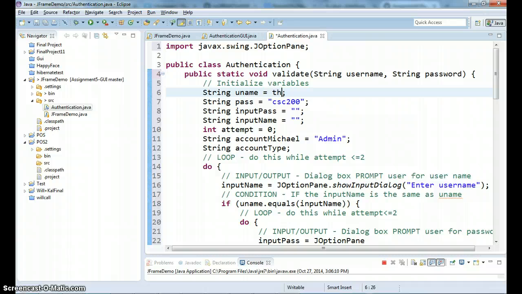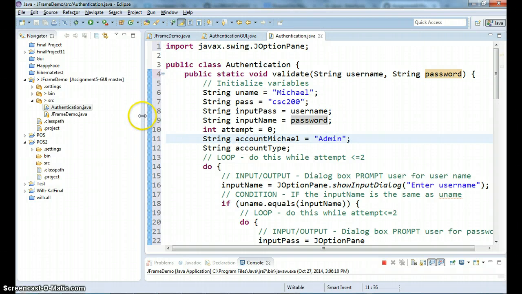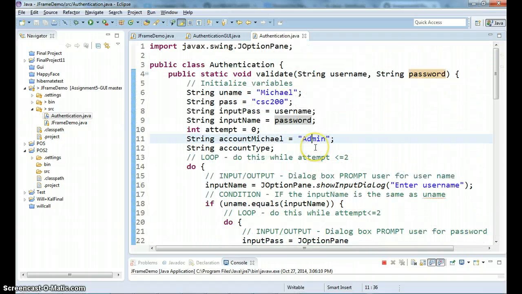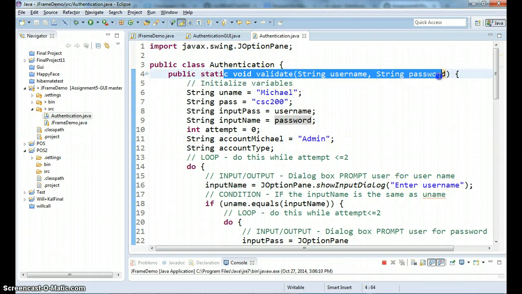Now we already learned the concept, right? That you can just set it like that. Okay, let's see. This is the correct username and password. I'm not going to do anything with that. And this is the one that the user input. Pass it in. Now, what I'm going to do is integrate this. I leave the express the same. I'm going to integrate this back. What I modified is just changing the main to validate, and